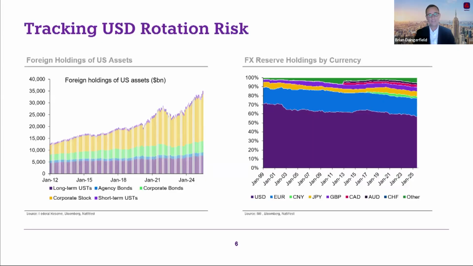Again, I don't think there's any real challenger to the dollar as the global reserve currency, but it doesn't take a massive change in the dollar's position to make major waves in currency markets. And so this is a theme that we're tracking very closely. I think the euro is probably best positioned to pick up this kind of flow. What we've seen more recently is outperformance in gold. That to me feels like maybe an iteration of this theme, that reserve managers are looking for alternatives to the dollar.